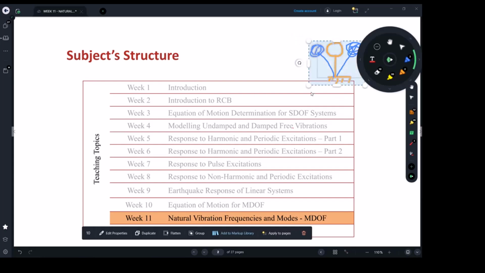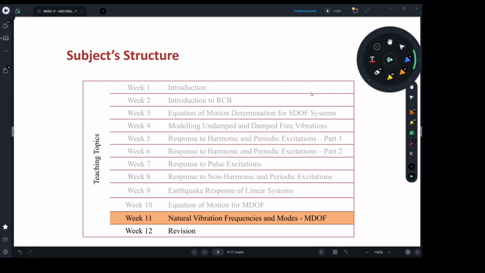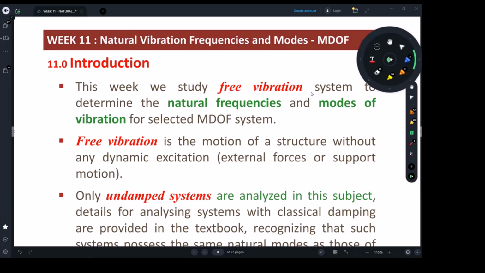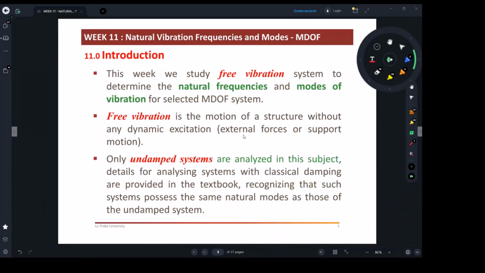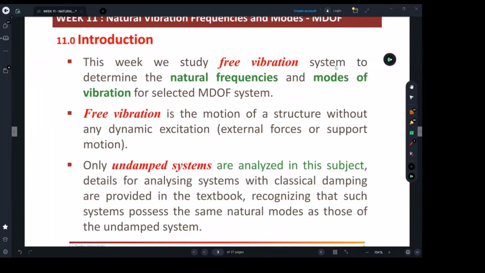When we have 2 degrees of freedom or more, the number of mode shapes is going to increase. And the question is, what does the first mode shape look like, and what do the other mode shapes look like as well? And that's what we're going to go through too. So as a start, we just want to